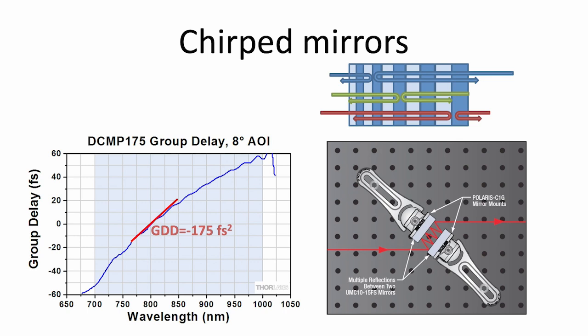The next slide shows an example of mirrors specifically designed to get group delay dispersion. These are called chirp mirrors. You can see here in this cartoon at the top that you have a mirror where the spacing between layers changes as you go deep into the mirror. You have hundreds of these layers. The blue is reflected on one side of the mirror and the red goes in deeper. If you come from the other side, the blue goes deep and the red is reflected very fast.